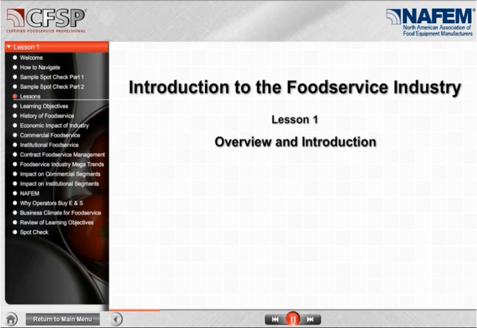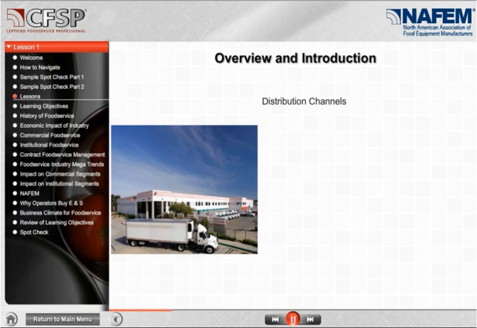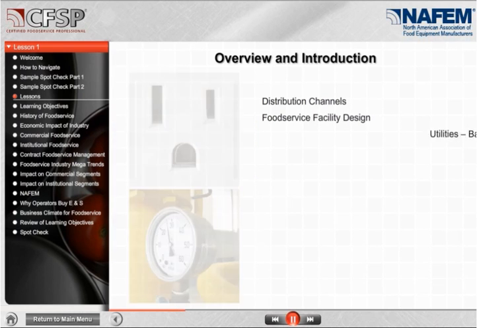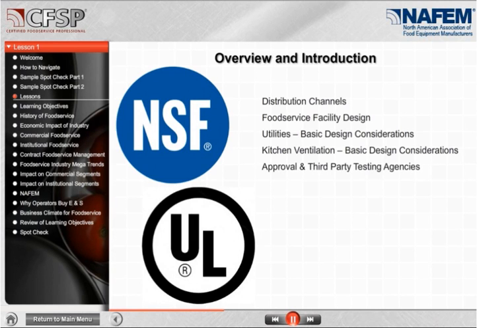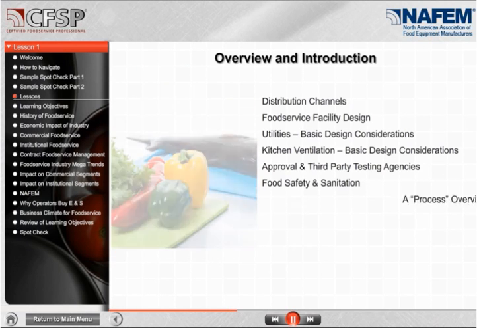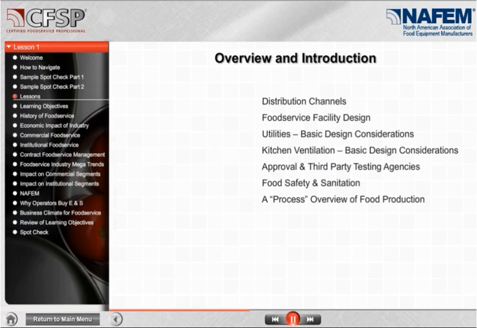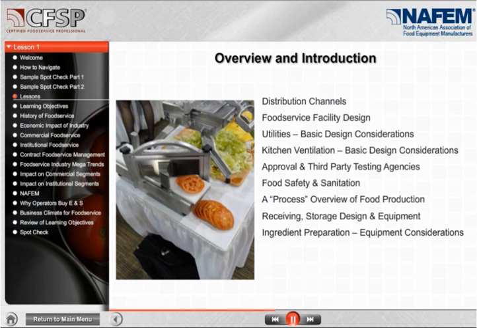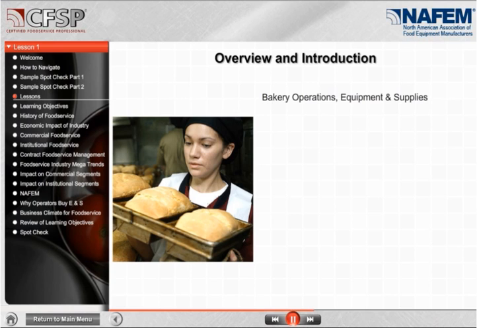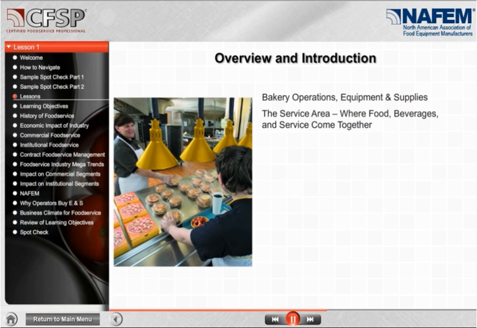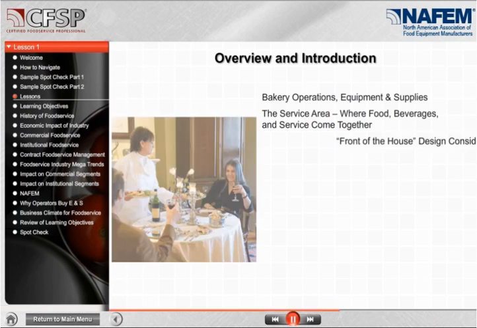The titles of the other chapters that you'll be studying are Distribution Channels, Food Service Facility Design, Utilities, Basic Design Considerations, Kitchen Ventilation, Basic Design Considerations, Approval and Third-Party Testing Agencies, Food Safety and Sanitation, a Process Overview of Food Production, Receiving, Storage Design and Equipment, Ingredient Preparation, Equipment Considerations, Cooking Equipment, Types, Sizes, Applications, and Specification Considerations, Bakery Operations, Equipment and Supplies, the Service Area, where food, beverages, and service come together, Front of the House Design Considerations,